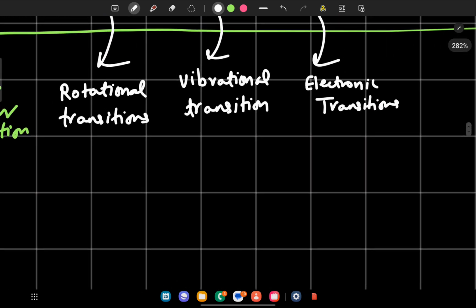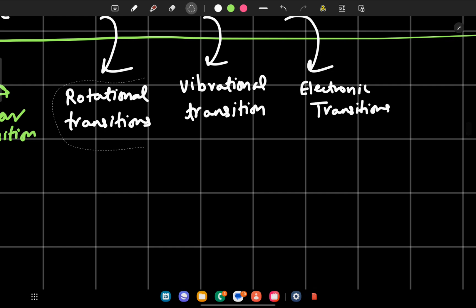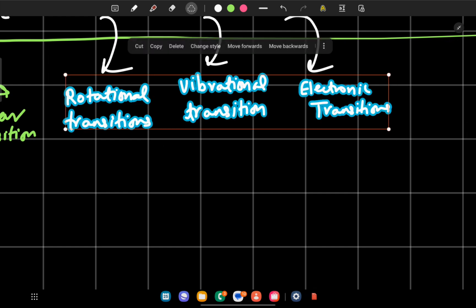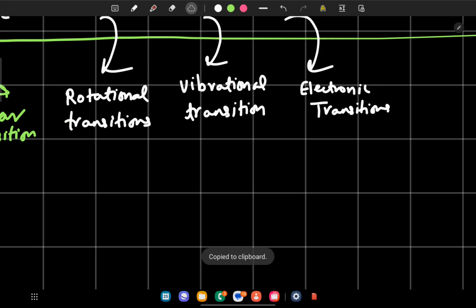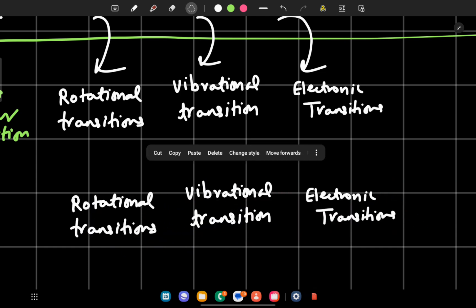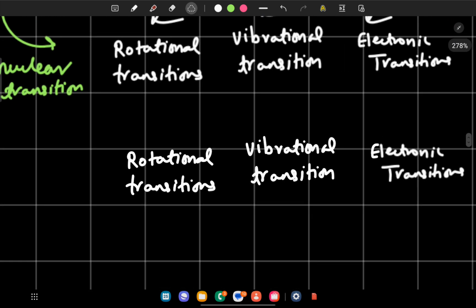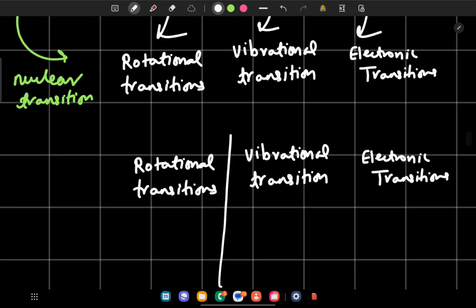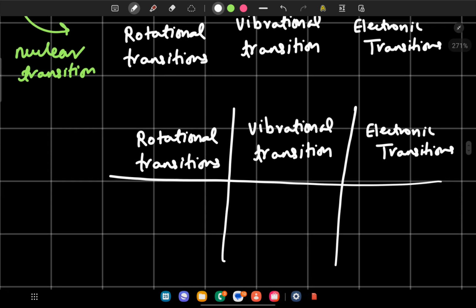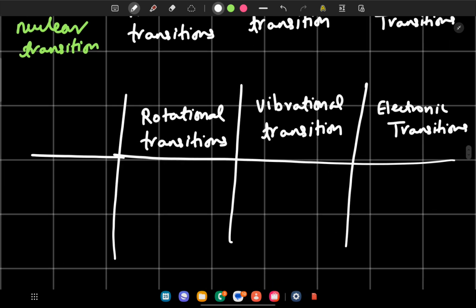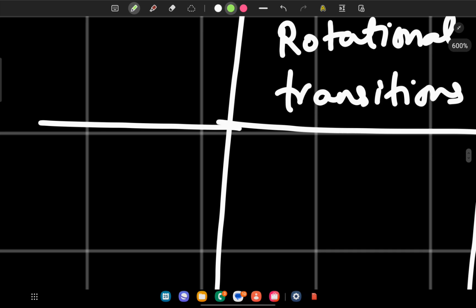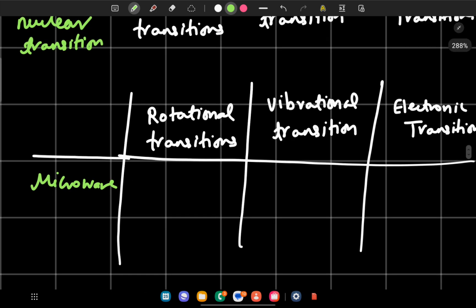Now let us try to write all these parts. Let's just copy and paste this part here. So now let us try to check what kind of transitions are possible when we apply a particular kind of radiation. If we apply microwave radiation, microwave radiation is responsible for rotational transition, so they will show it,